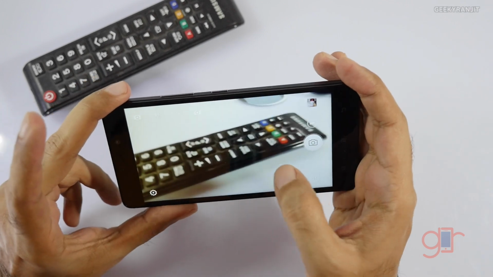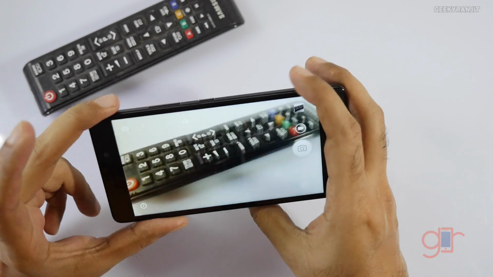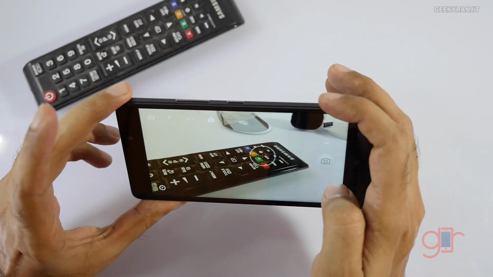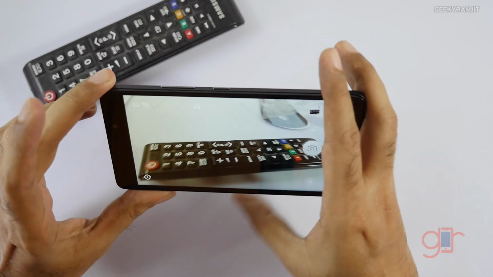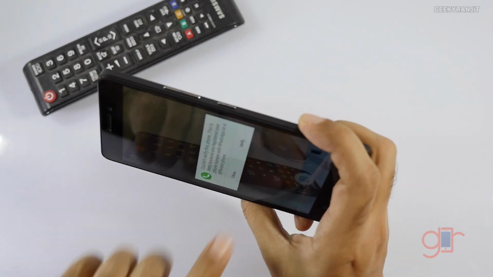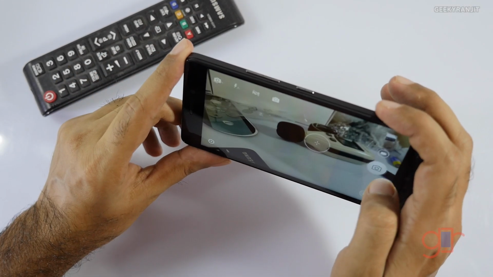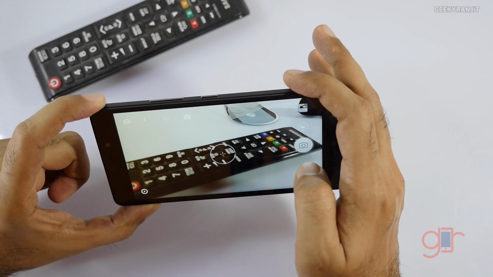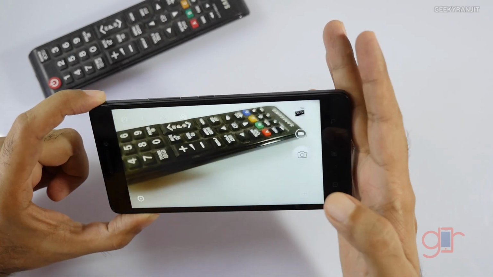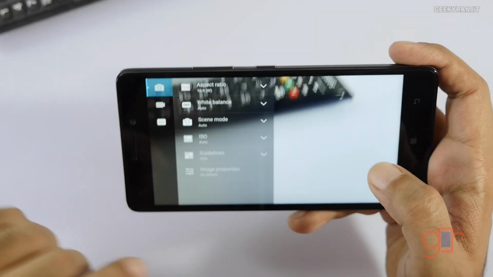This is the default interface that you get, and you have the standard tap to focus. And once it focuses, you can take a shot. The focusing can take about a second, but after that when you press, it takes the shots quickly. But one thing I have noticed is that in artificial lighting and low lighting conditions, the focusing can take a lot of time, and when you click the shutter, it can take up to a second or so. So you got to be careful. That's one of the reasons that I've noticed that in low lighting, some of the shots that I took were a little bit blurry.